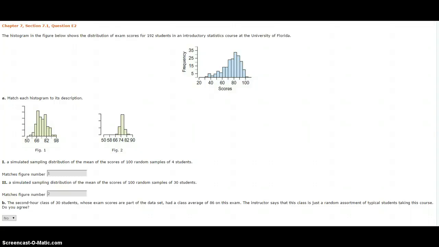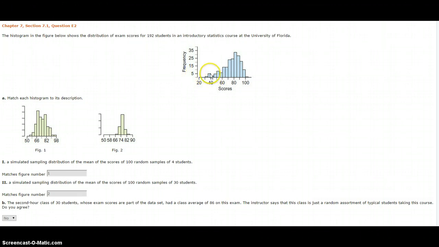We have section 7.1, question E2, and we're getting into the sampling distributions here in this chapter, which are a little bit odd at first, I guess, to think about. So this is the type of histogram we're used to. In other words, each part of this histogram represents a single student who took an exam. We might look at this bar right here between 35 and 40 points and see that about 5 students